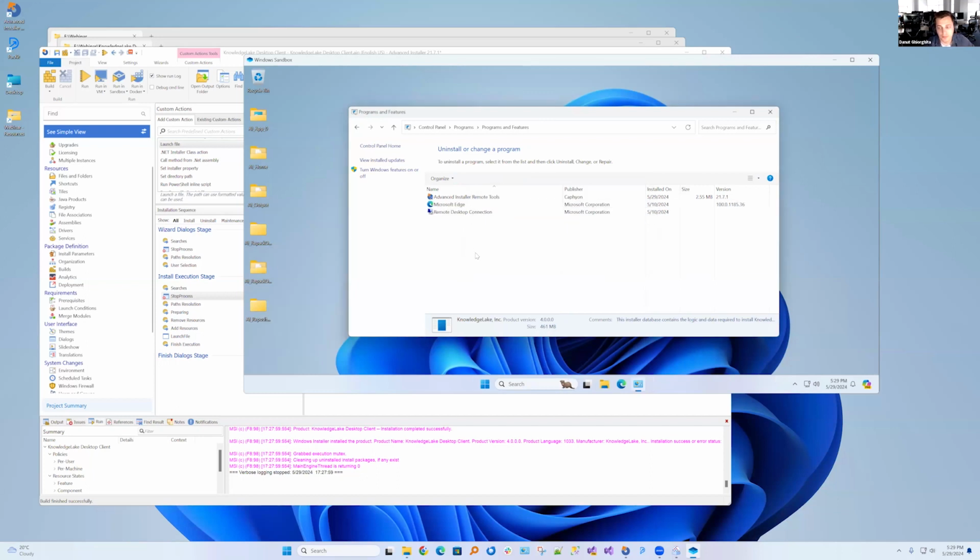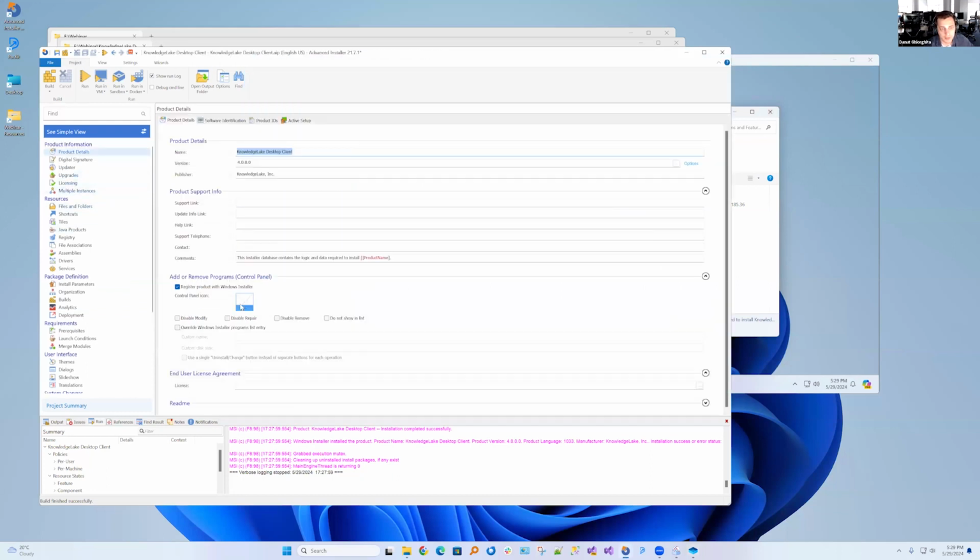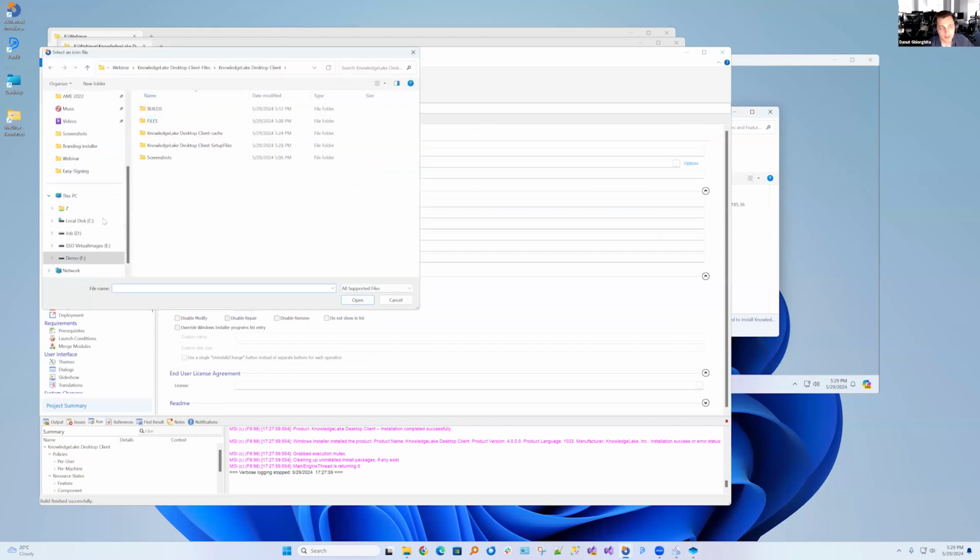Perfect. So far we fixed almost all the issues. We've almost replicated the functionality of the exe into the MSI, so almost one-to-one. We just have one single issue to fix. Remember, the control panel entry created with